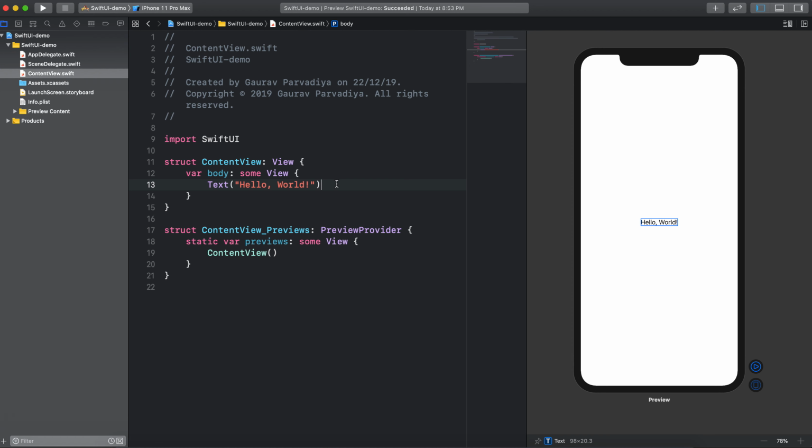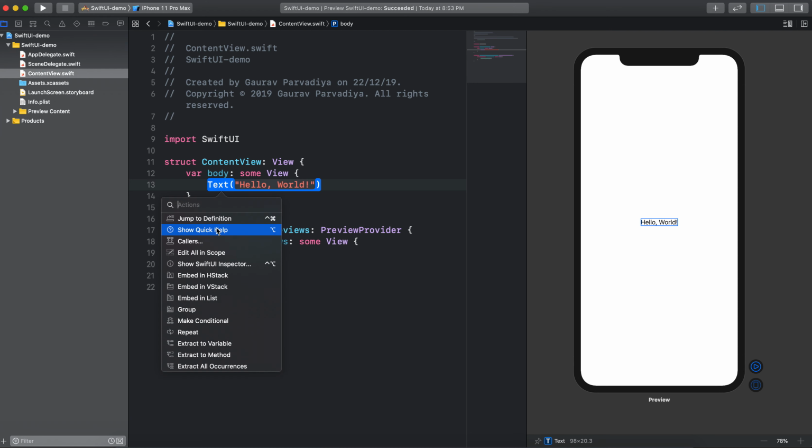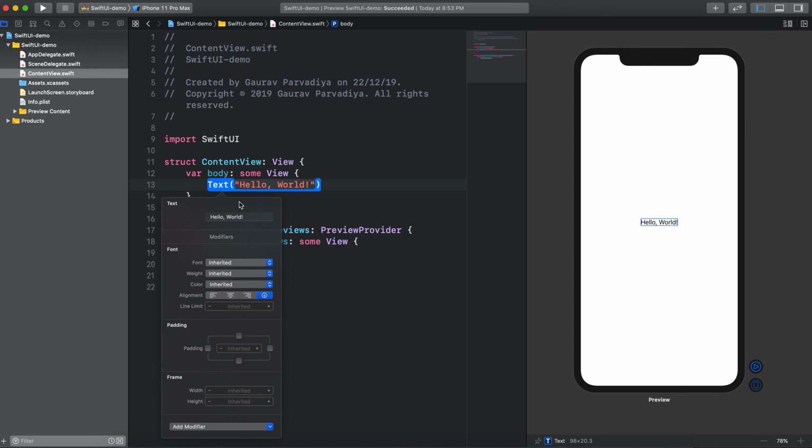So the first option is to directly Command-click on the property, and it will open the suggestions here. There are different options available, but for now I am more interested in this option, which is SwiftUI Inspector. This option will open the inspector properties. Whatever properties are available for this particular control, it will open them here, and it will allow us